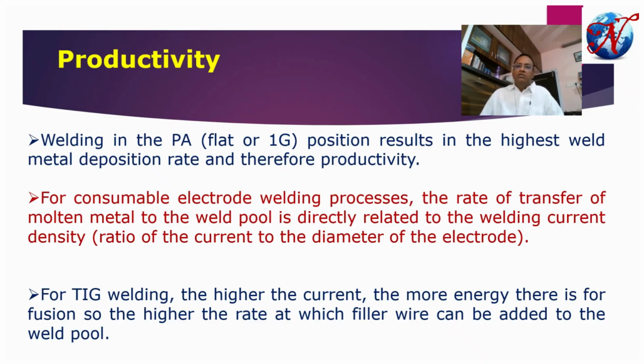Basically, according to the position, it is known as 1G, 2G, 3G, 5G, 6G. Welding in the flat position, the 1G position, results in the highest weld metal deposition rate. For the consumable electrode welding process, the rate of transfer of the molten metal to the weld pool is directly related to the welding current density, that is, the ratio of the current to the diameter. For the TIG welding process, the higher the current, the more energy is needed for the fusion of the